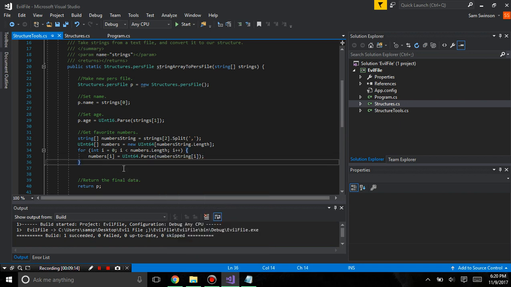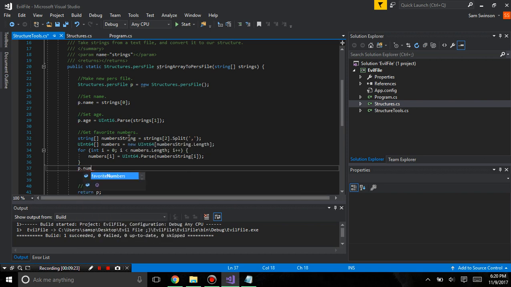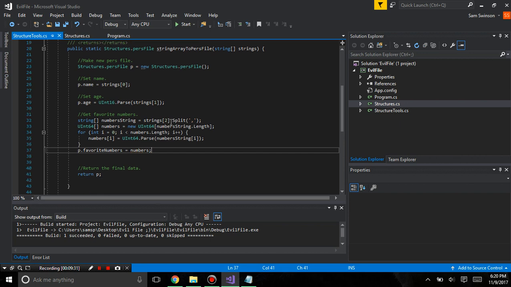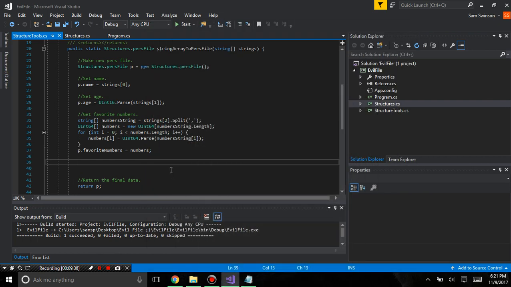And there we go. We now got our numbers, and now we're going to set the numbers by p dot favorite numbers equals numbers. Now what we're going to do after that is set the gender. Now you can do this however you want, but how I'm going to do this is